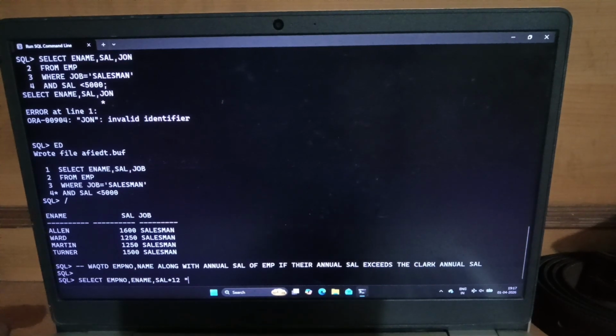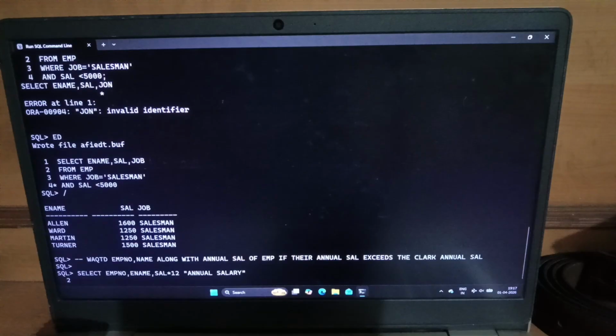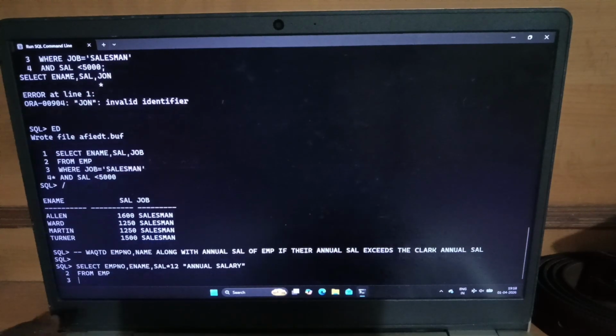In the alias I will write annual salary. Okay. From which table do I want? Employee table. What is the condition? Where annual salary is exceeding the clerk annual salary, means sal multiplied by 12 is greater than